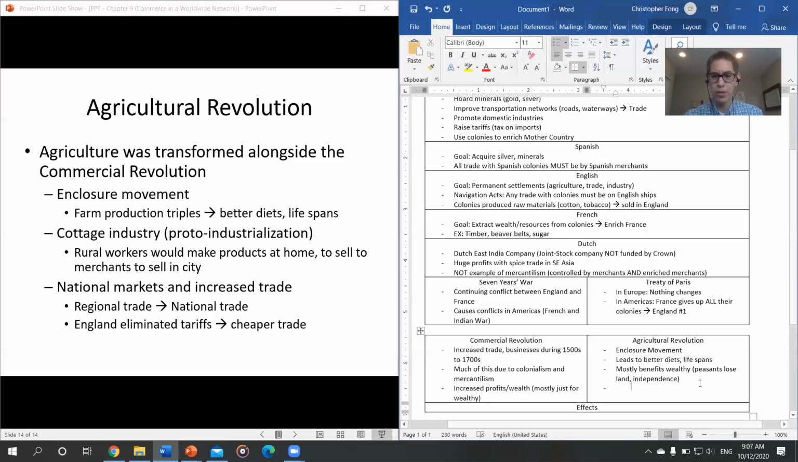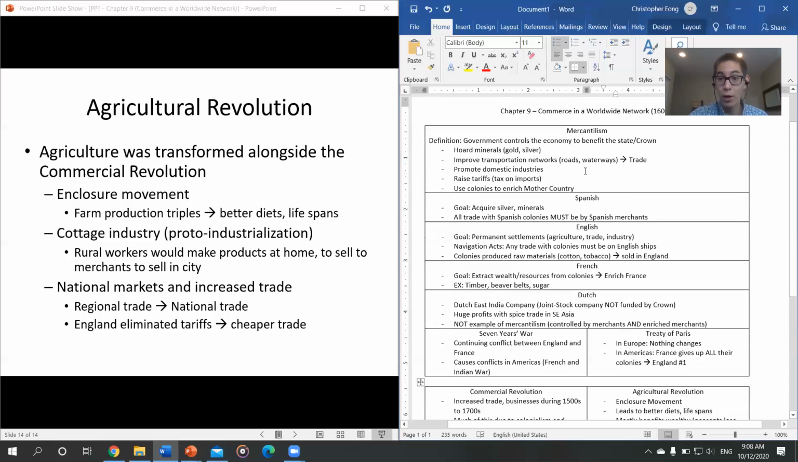And so again, big picture, what we're seeing here is the emergence of national trade, not just regional trade. You're not just trading within your region, within your farm or village, but you're trading within the entire nation. And that's because of the roads and waterways that increase trade. That's because domestic industries are doing much better. That's because they're getting all of these minerals or raw materials, cotton, tobacco, so they have all of the stuff that they need to